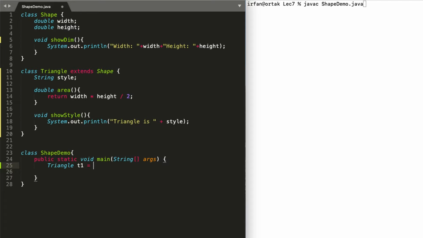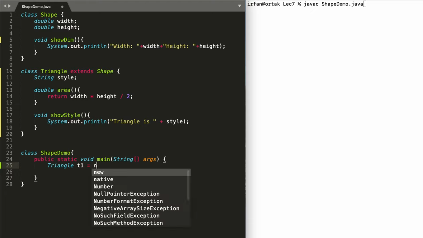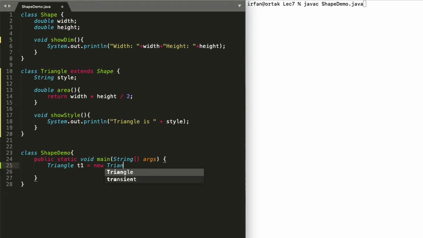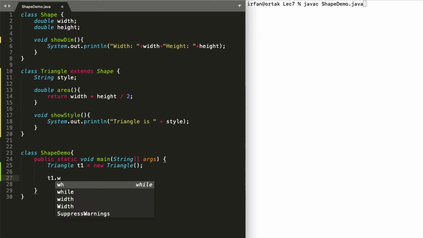So our Triangle T1 is a new Triangle, and we can go ahead and set the attributes. We can say T1.width can be 4.0 and T1.height can be 5.0,